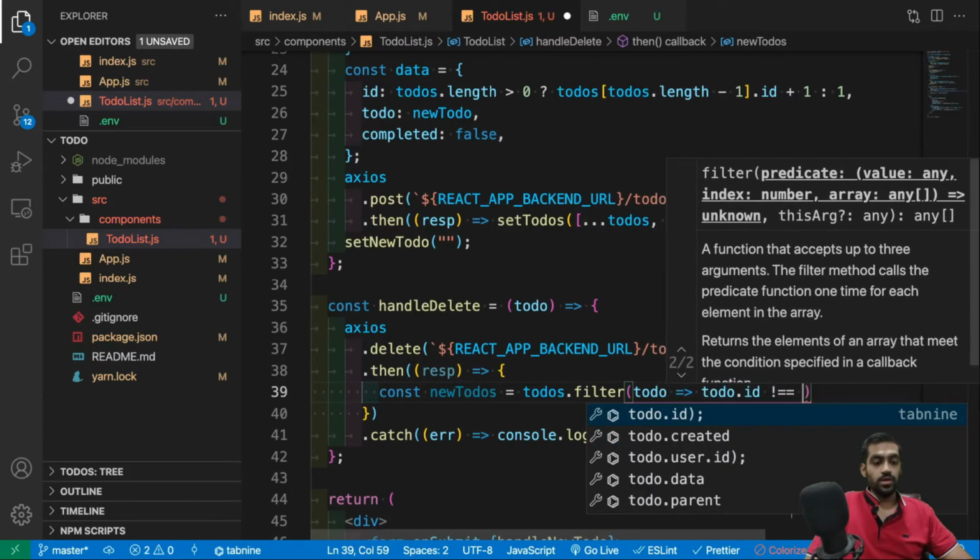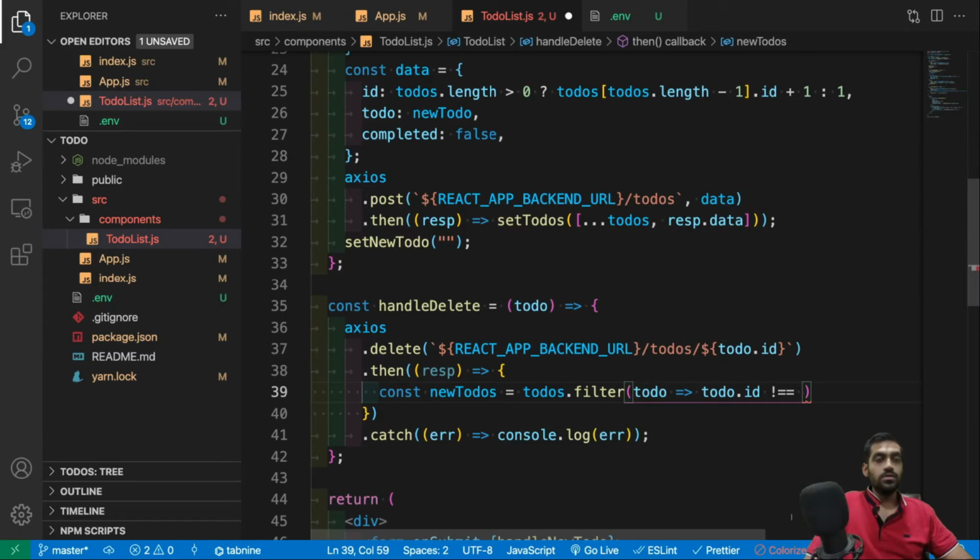Sorry, not equal to. Let's just keep this as element, where element.id cannot be equal to todo.id.